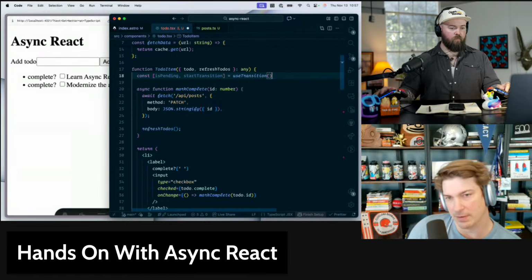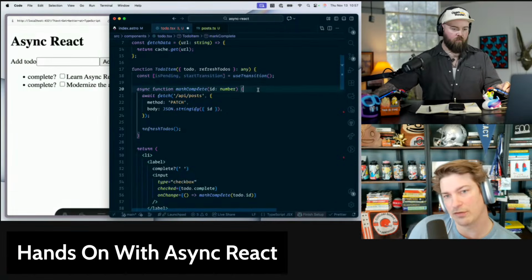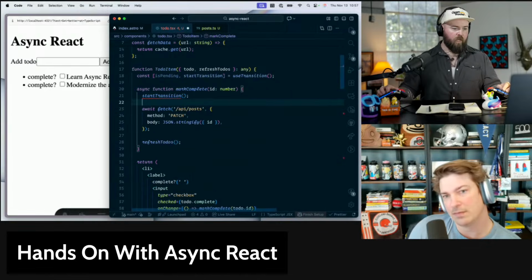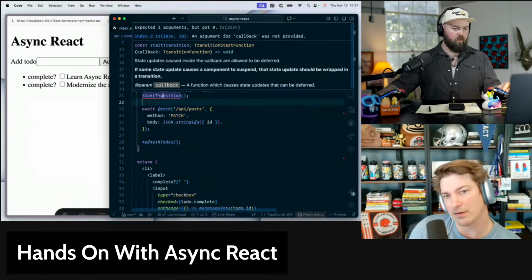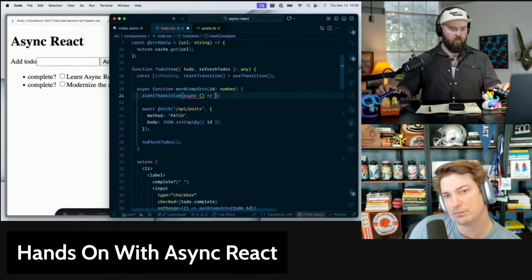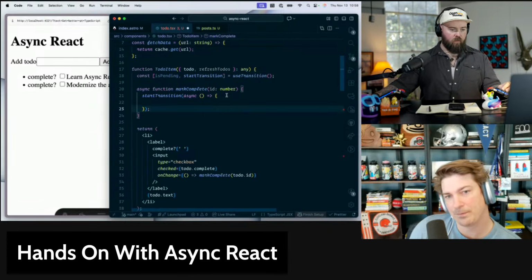And then in mark complete, at the top of mark complete before the fetch, let's do start transition and pass it an async function. Now you can move everything else inside of there. All of this? Yep. Okay.